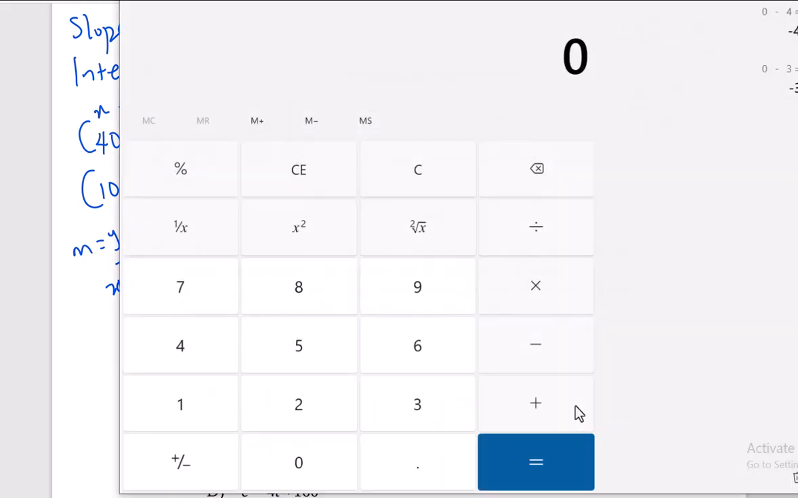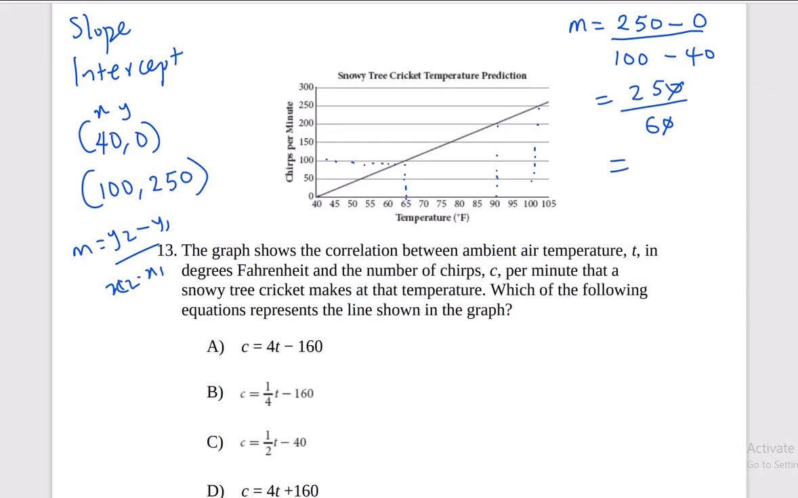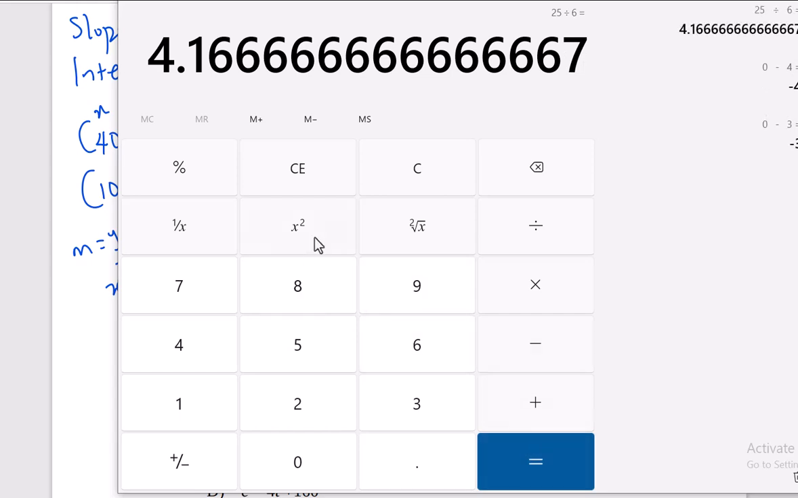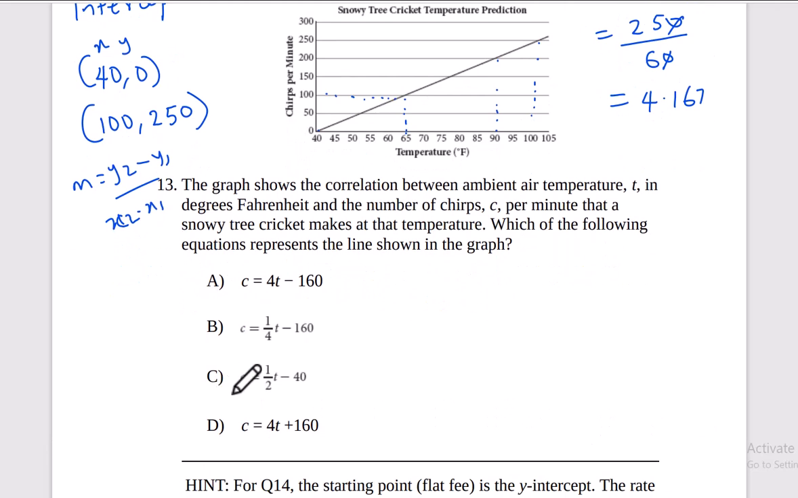25 divided by 6 is 4.1666, so 4.167. So this is our slope, right? We've gotten the slope now. And if you go to the answer options, we're having a positive slope. Everything is a positive slope,